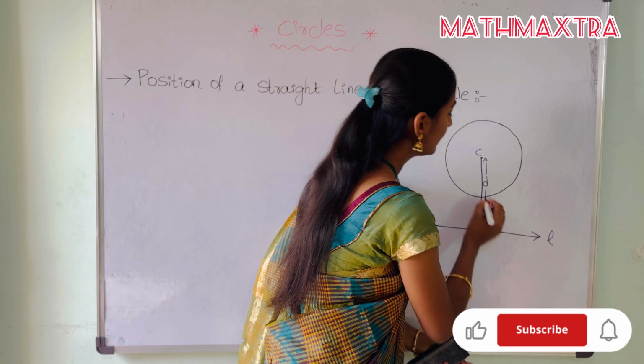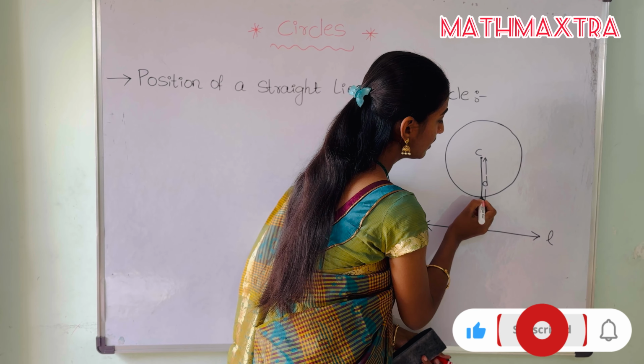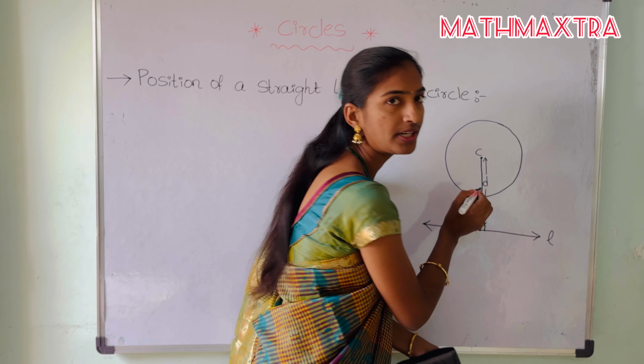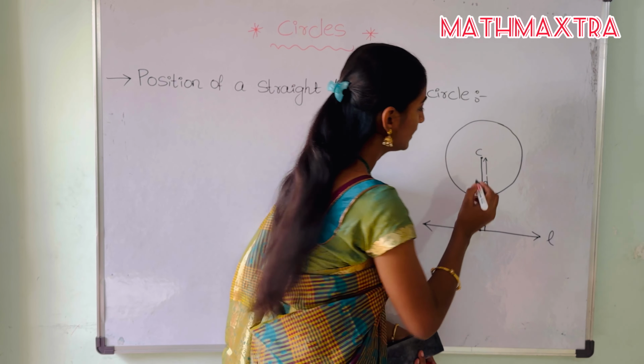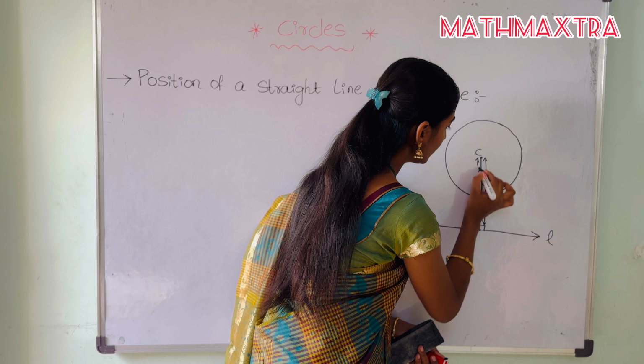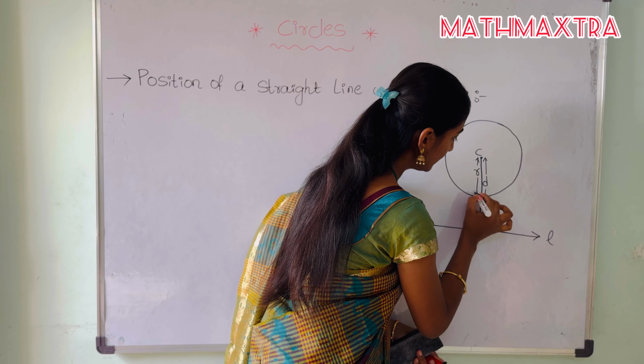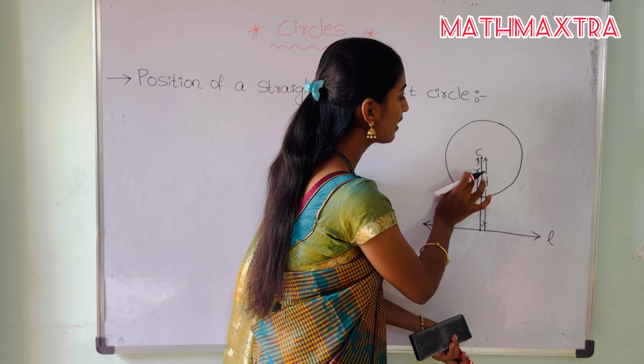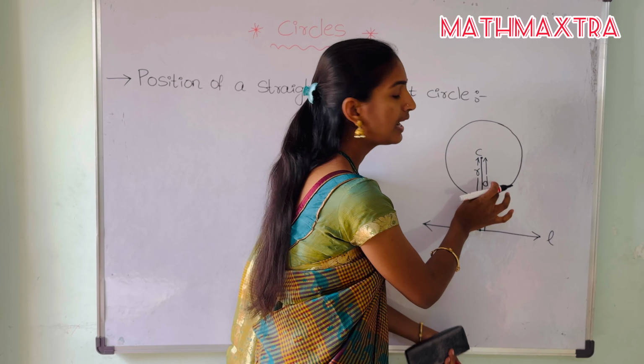And we know very well that from the center of the circle to any point on the circle is always a radius, isn't it? So this is nothing but radius R. Now, depending upon the relation between the radius and the distance between the center and the line, we will have three cases. So the first case is